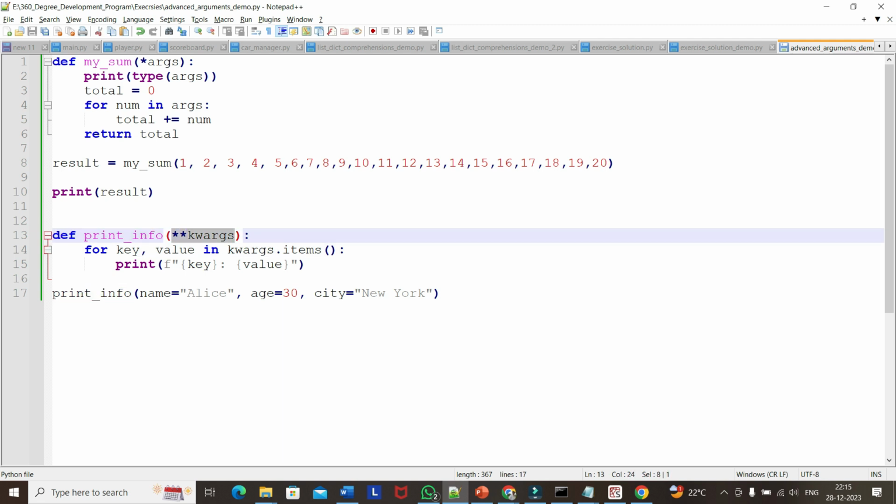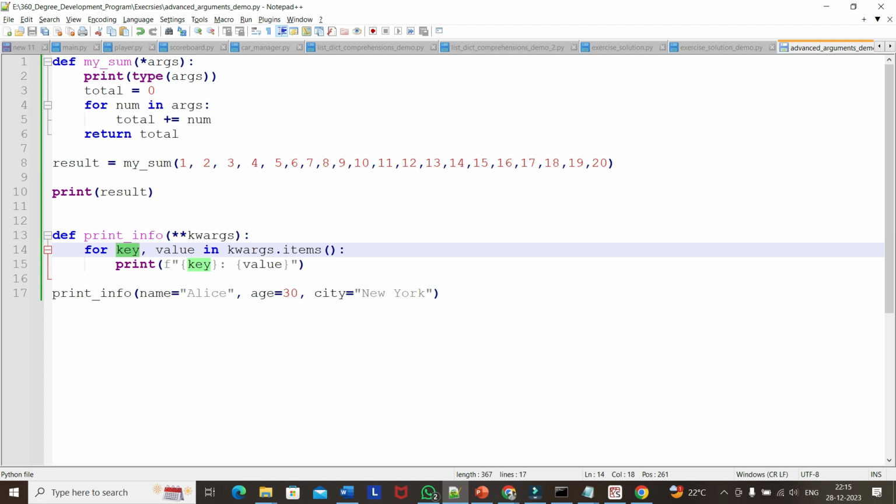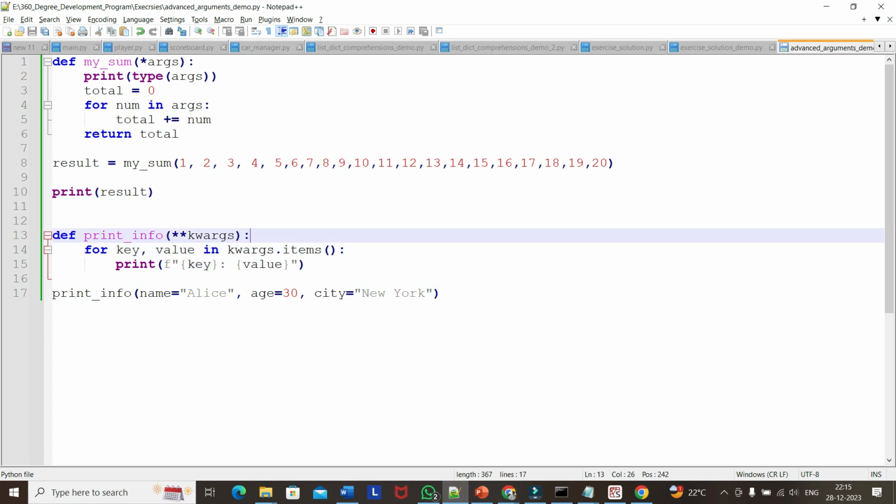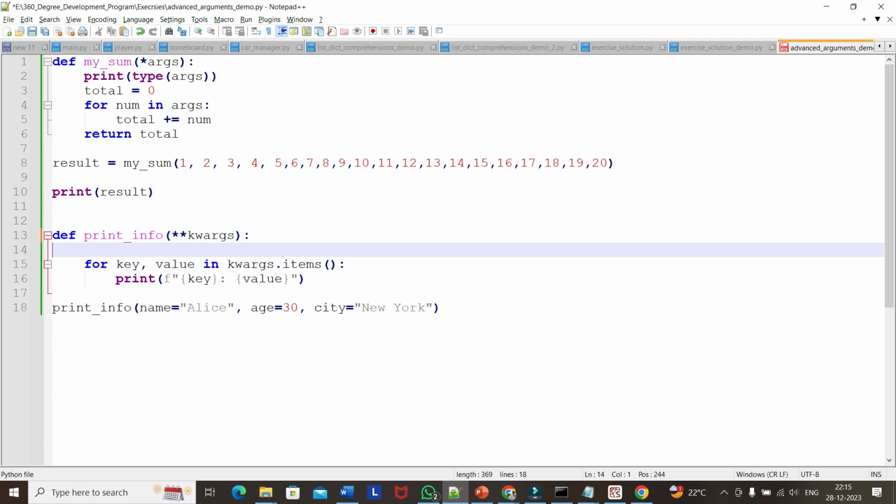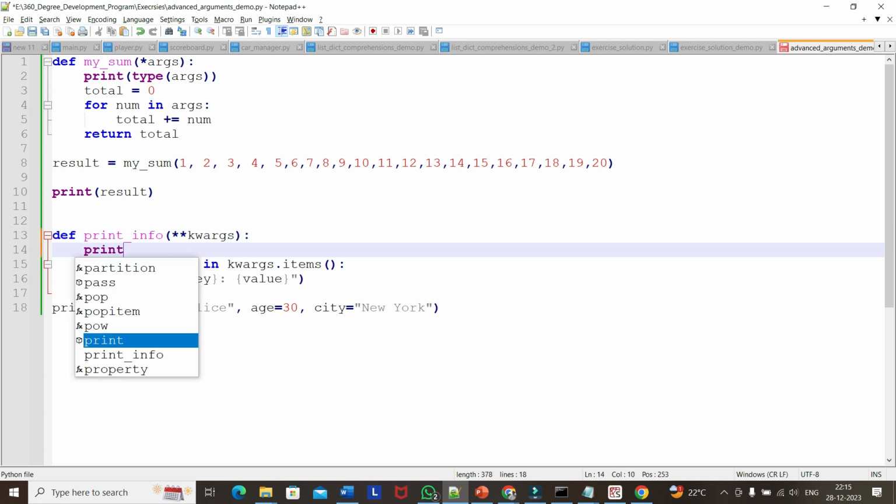And now we are calling this function and giving name equal to alias, age equal to 30, city equal to New York. Similarly, for key, value in the keyword arguments, because the keyword arguments are a dictionary. So if I print the type of keyword arguments,